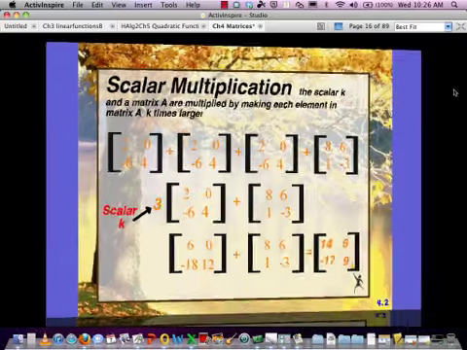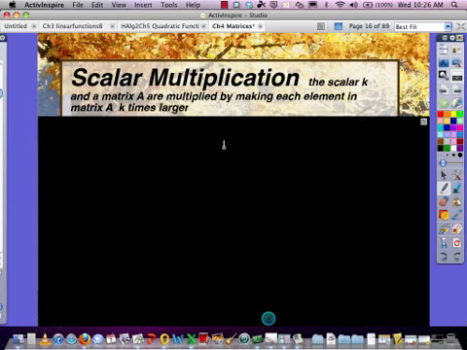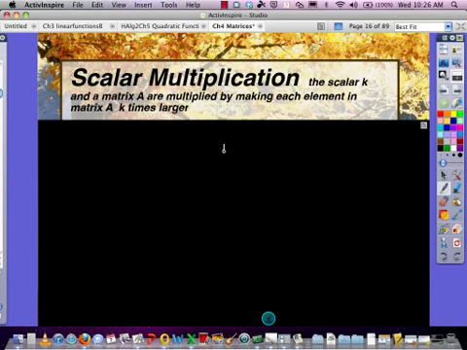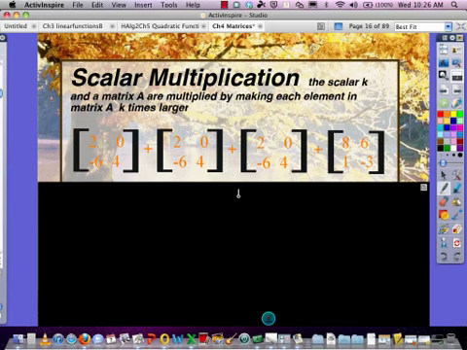Moving forward, there is something called scalar multiplication, and you actually learned a little bit about it in elementary school when you were doing your basic facts. Scalar multiplication. The scalar k and a matrix A are multiplied by making each element in the matrix A times k, that matrix A, k times larger. What that means is, look at this combination. If I asked you to add these four matrices, you should notice there's a pattern. You say, well, wait a minute. Those first three